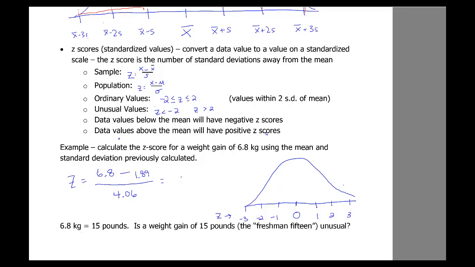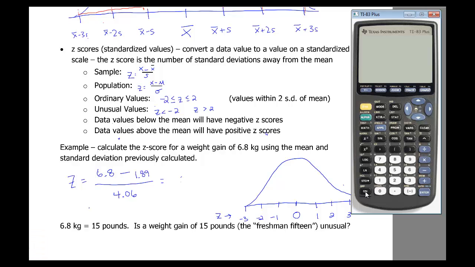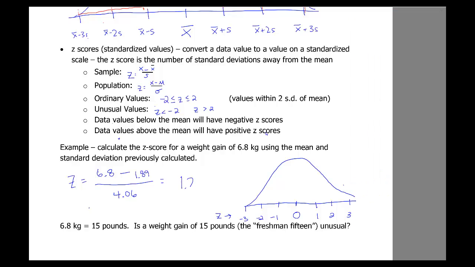Okay. Let's grab our calculator. Clear that. Okay, so we have 6.8 minus 1.89 and divide that by the standard deviation, and we get a value of 1.21. So our Z-score is 1.21. So the question is underneath, is a weight gain of 15 pounds, what would be termed the freshman 15,